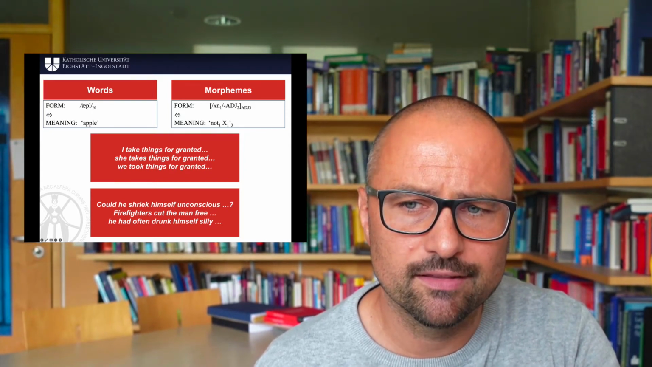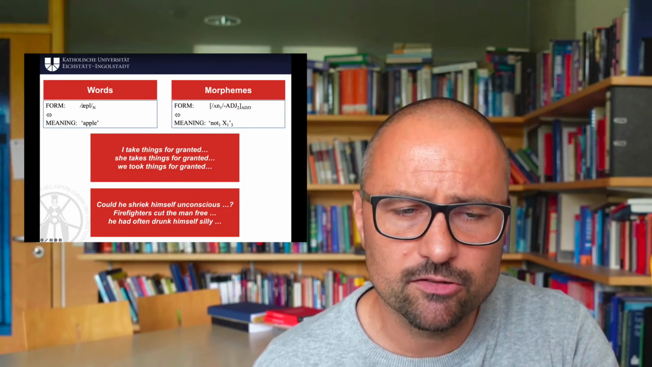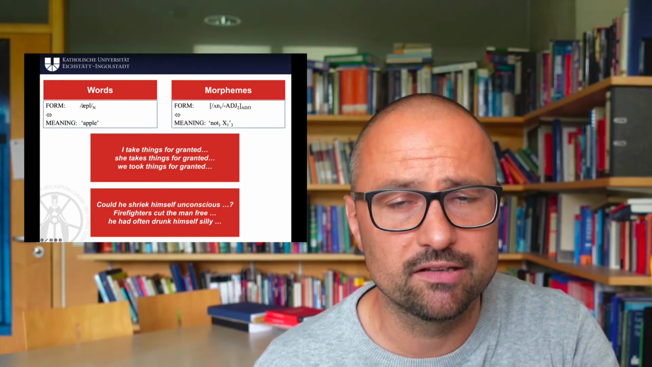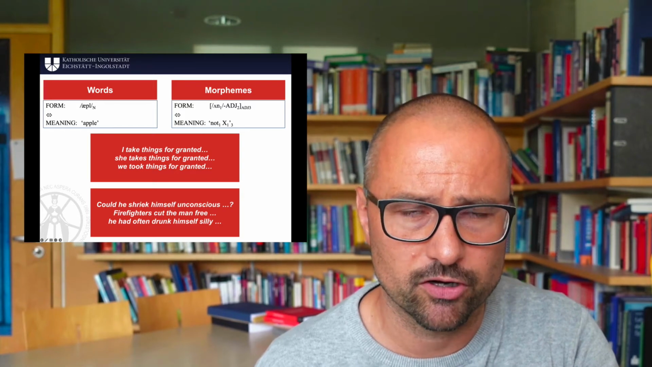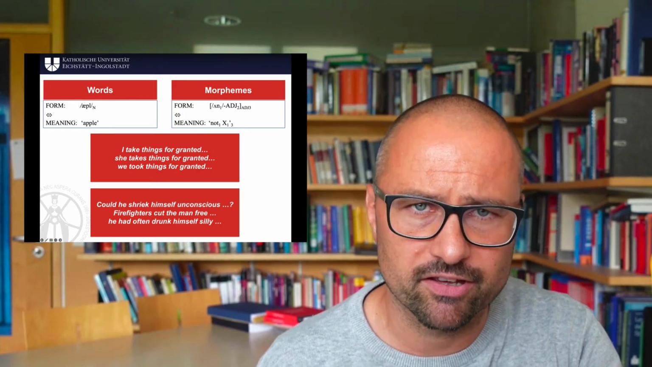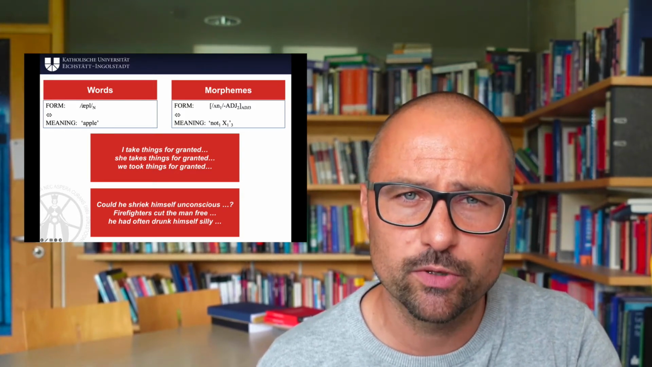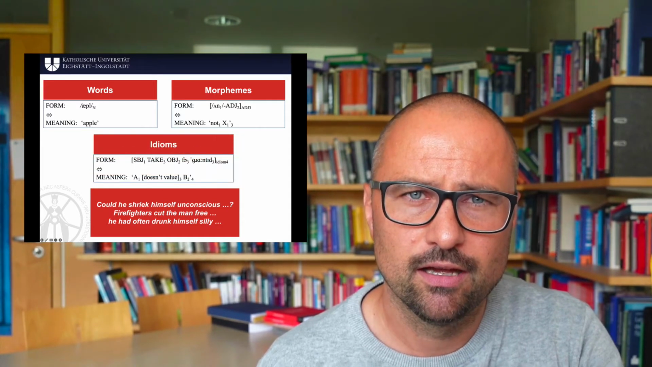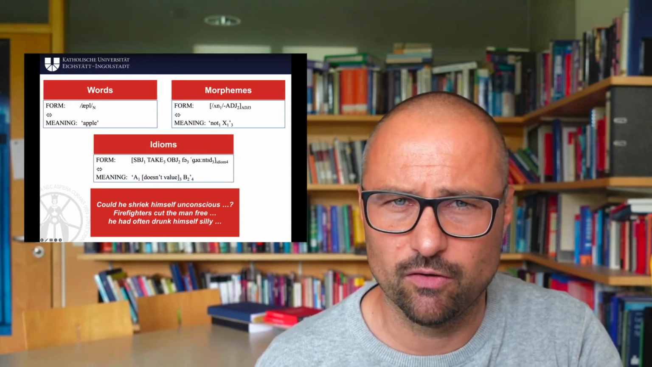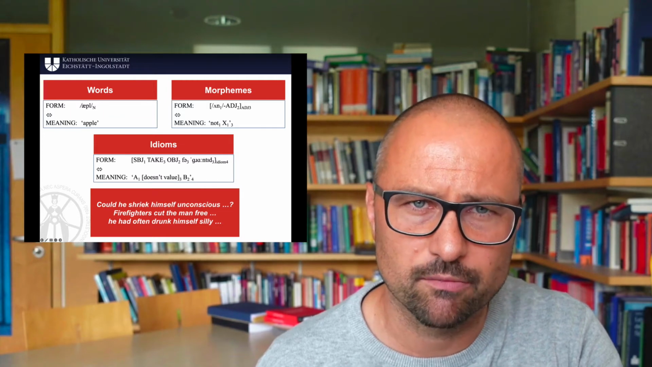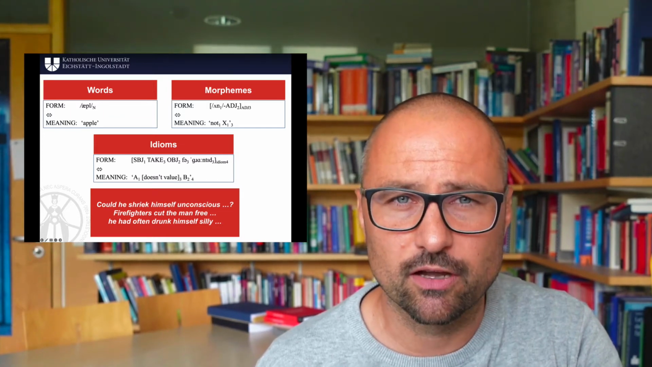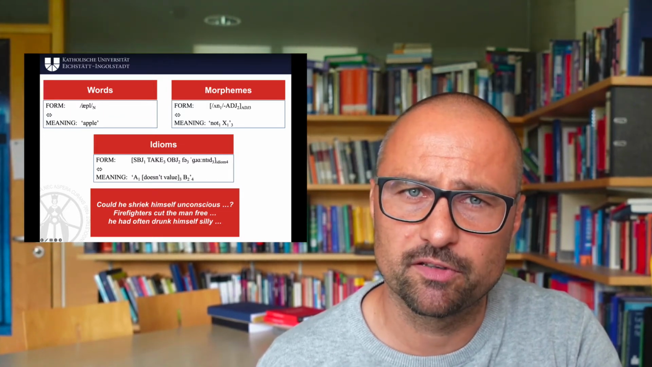Now, we've already seen in the chapter that it's not just words and morphemes that can be described as constructions, but also idioms like I take things for granted, she takes things for granted, we took things for granted. Here again we find slots, so I can take something for granted, you can take something for granted, which is encoded in the subject slot, which gets the subscript number 1,